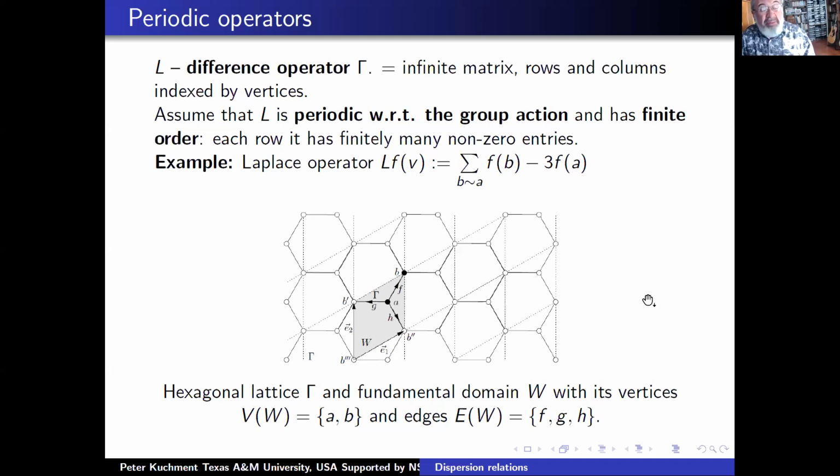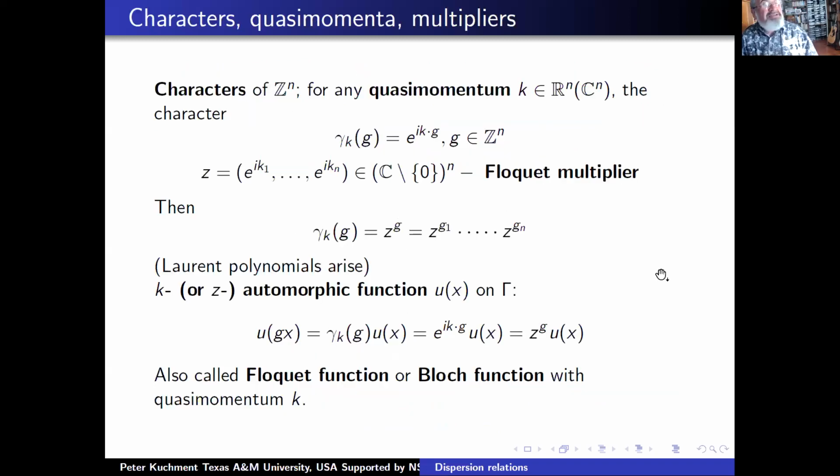So this is an example. Any questions so far? Interrupt me with questions. I like them. If none, then let's go forward. So now